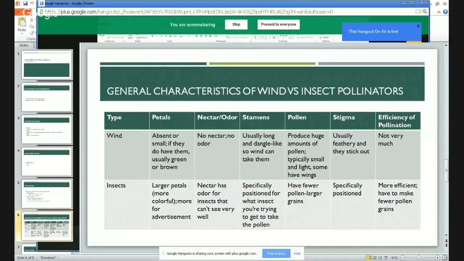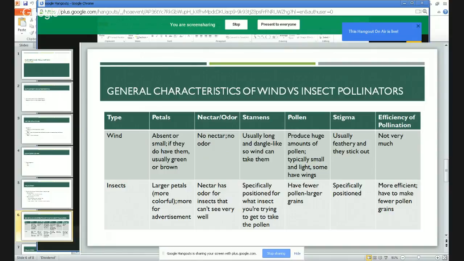So with the wind, generally there's no nectar, there's no odor. You don't need the nectar there. You don't need the reward for the pollinator, because the wind isn't going to need nectar, nor will it need the odor. Again, the wind isn't attracted by odor or nectar, so why waste valuable energy making nectar or odor? However, with insects,